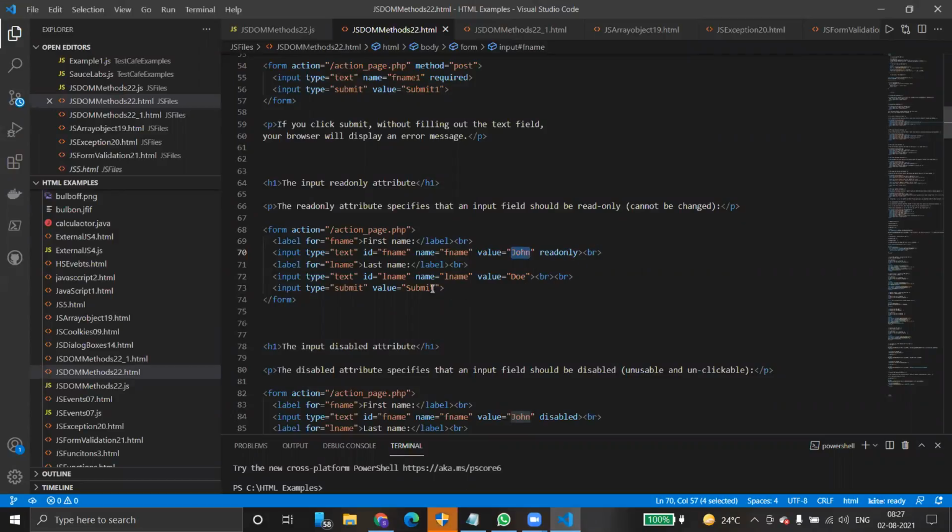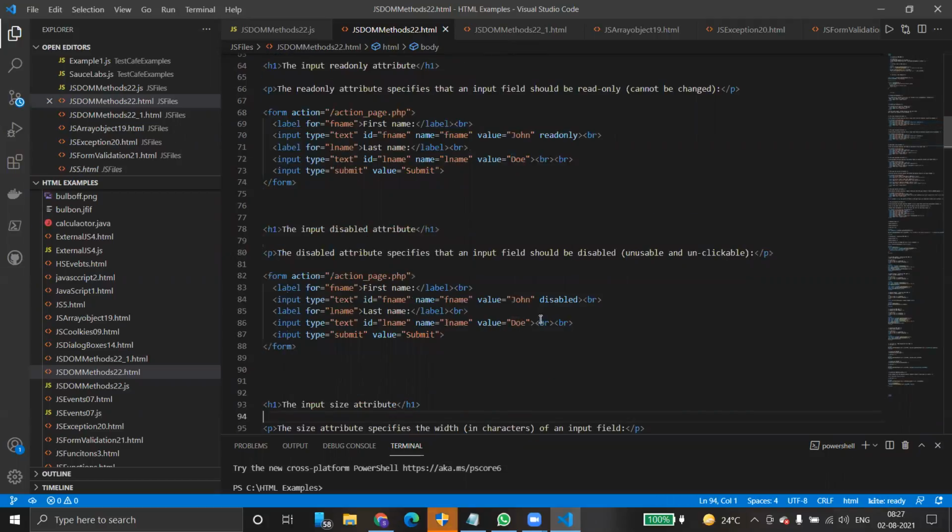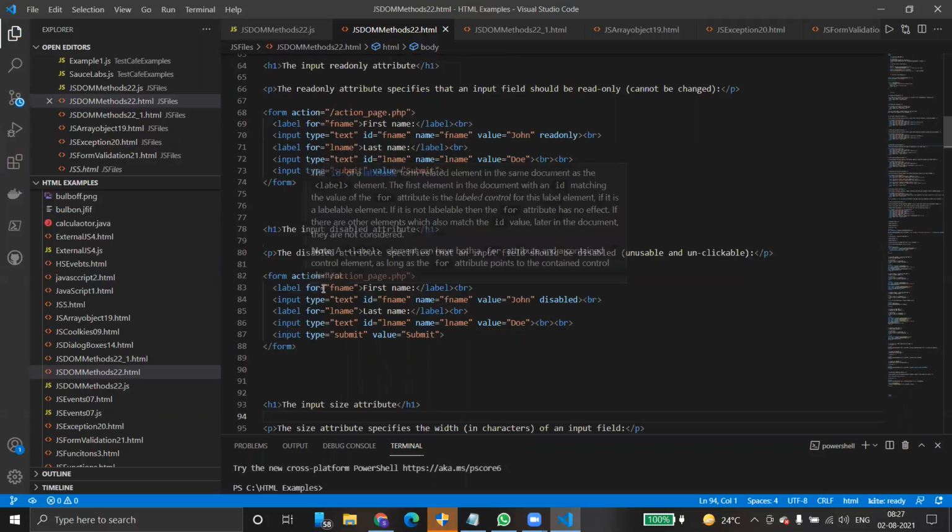Then coming to this one, there are no attributes defined for this input field, so we are able to add them. Read-only and required, these two properties are very important. Required and read-only, and disabled. Disabled means the value inside this form is slightly not opaque.